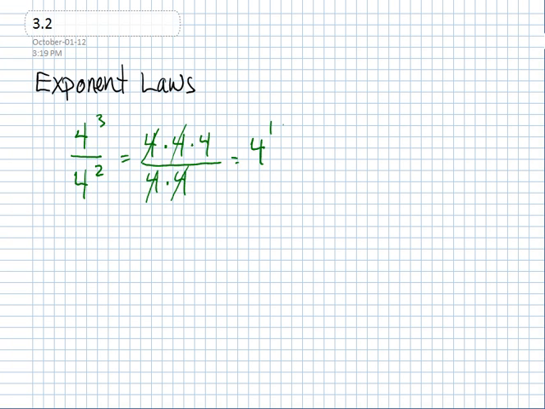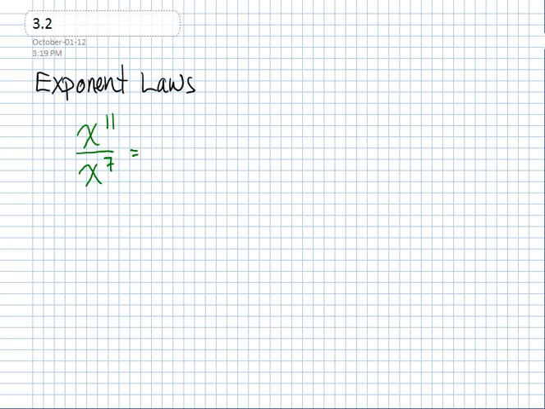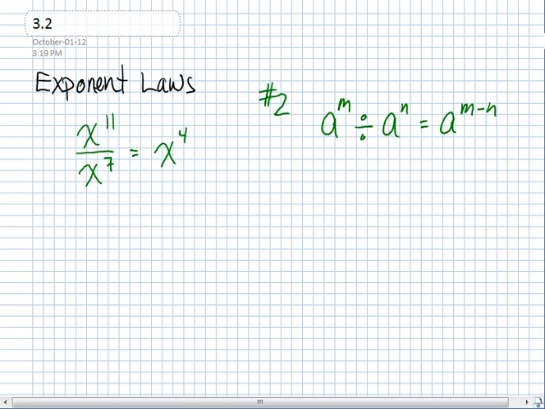And so you probably guessed it already then. Let's just do one more, though. If I gave you x to the power of 11 over x to the power of 7, do you think you can guess the answer? That's right. It's x to the power of 4, which means that our second, number 2, exponent law is this. a to the power of m divided by a to the power of n is equal to a to the power of m minus n. In other words, when you're dividing powers, you subtract exponents. Keep the base the same and subtract exponents. So far we have multiply powers, add exponents, divide powers, subtract exponents,